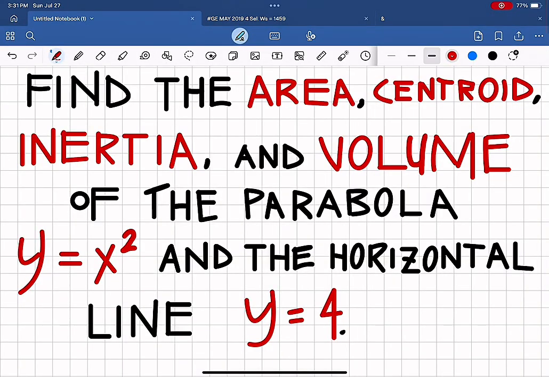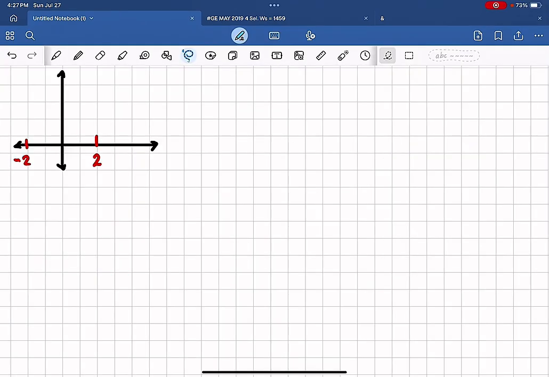Find the area, centroid, inertia, and volume of the parabola, which is y is equal to x squared, and the horizontal line, which is y is equal to 4. Let's find the area between the parabola and the line from where they intersect,